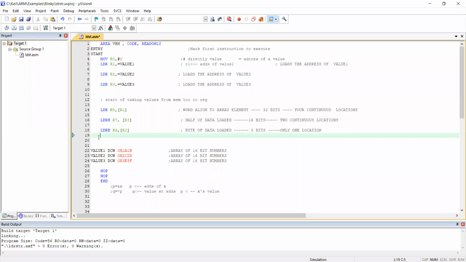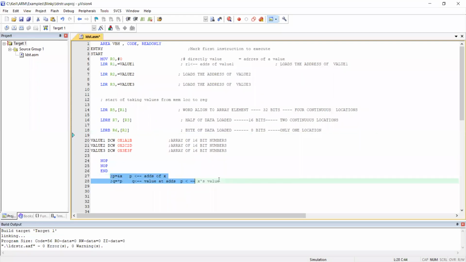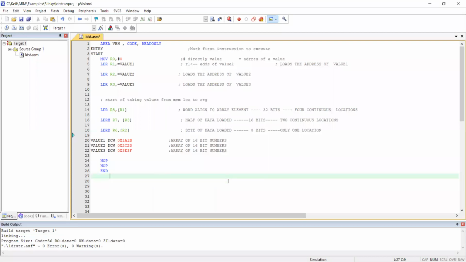So a lot of discussions are there in this session. Introduction I have given, so I will clear this. Now I have written one program in which one value I have stored directly. I told yesterday that we write int a equal to 10, b equal to 20, c equal to something on the top of our C program. That is called initialization. Here we do it at the bottom.